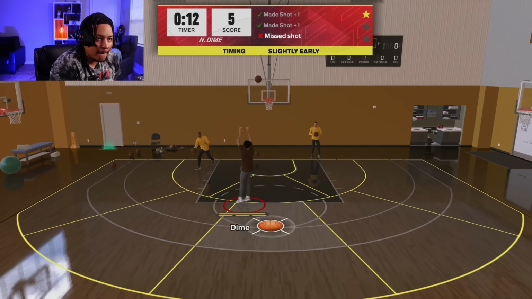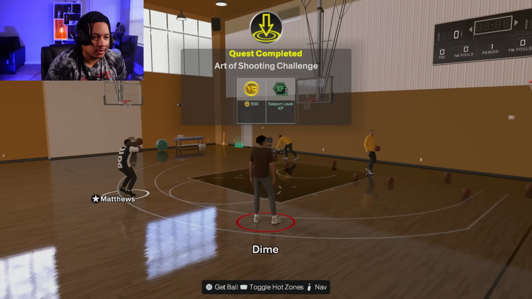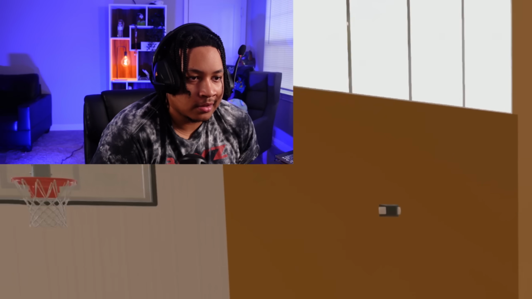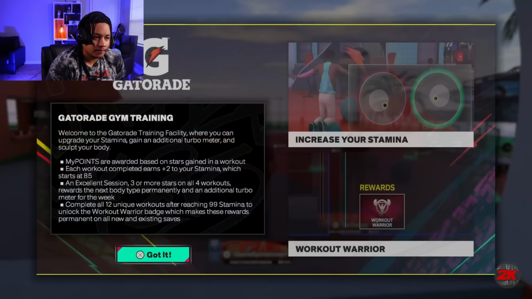And I'm able to make quick work of that, getting another 500 VC. I don't know why they decided to drop it from 750, but I guess you can't complain with free VC. That's all day, every day. We love that. After that, I tried out the new outside Gatorade workout facility, and I'm really glad they